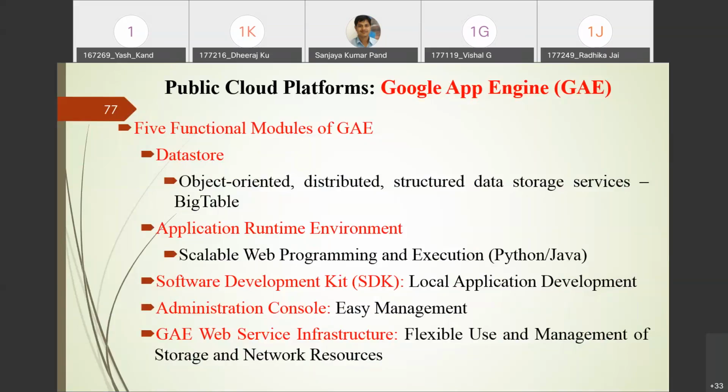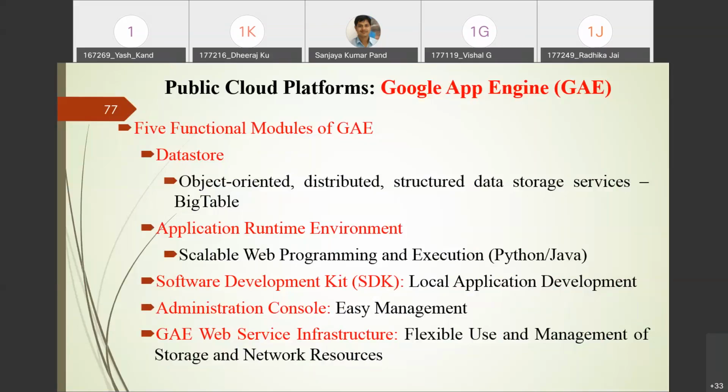So you can use any application. You have to see what kind of programming environment is supported by your cloud service provider. For example, Google App Engine supports the Java programming language as well as the Python programming language. These two you can use. And in order to develop the local applications, I told you, you have to build the application, upgrade the application, and launch the new version of that application. Your software development toolkit will help you.